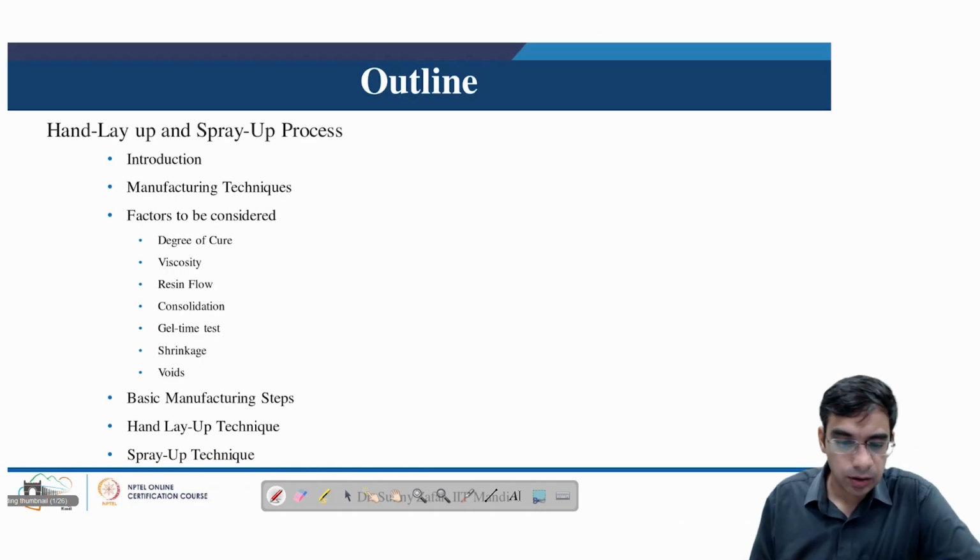So the outline of this lesson will be as follows, where first we will discuss the introduction to the various manufacturing techniques for the wind turbines. We will look at the various manufacturing techniques and their classification. We will also look at details on various factors which need to be considered while making selection for an appropriate manufacturing process. So in this regard, we will see details about degree of cure, viscosity, resin flow, consolidation, gel time